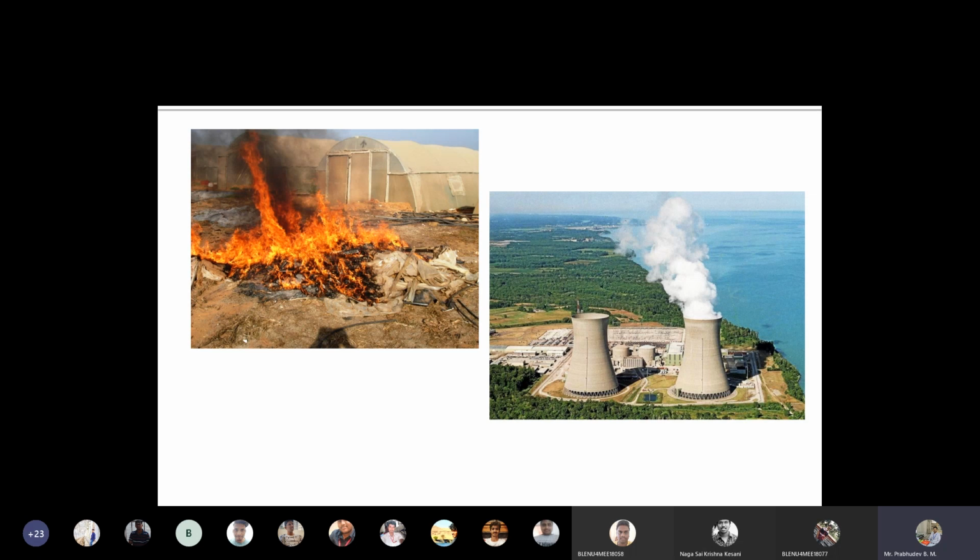That waste is highly radioactive. What is radioactive? After releasing energy, the uranium, once it gets burnt, releases some radioactive isotopes. These isotopes are highly radioactive, and they will be there for hundreds of years. They will not decay naturally; it takes hundreds of years. So where do you bury that? These radiations are highly dangerous to our health.